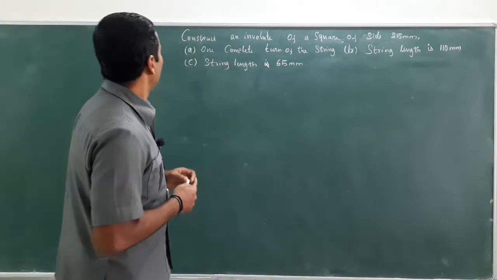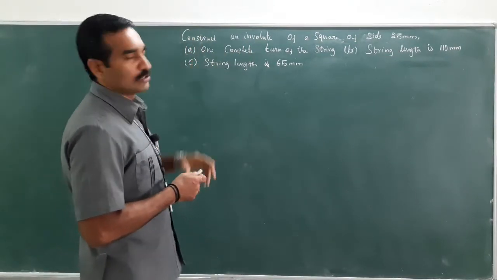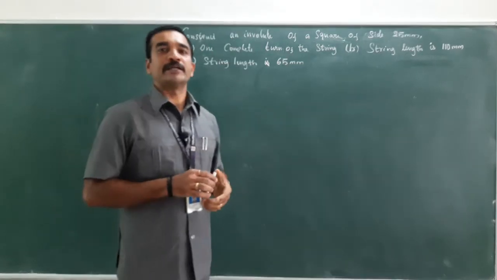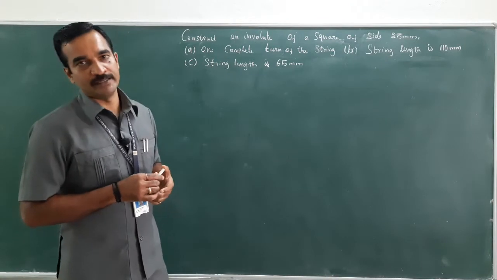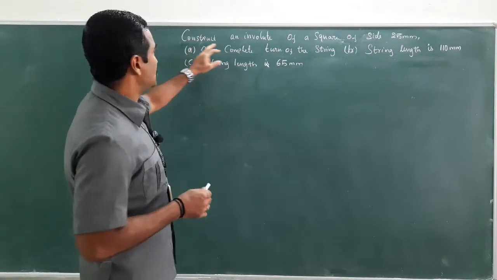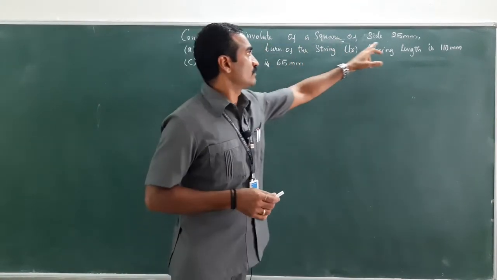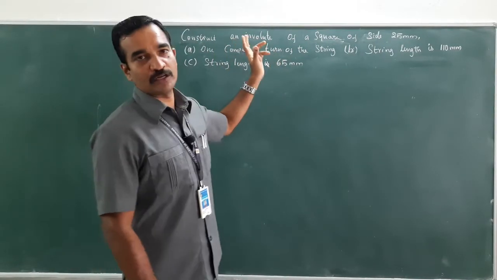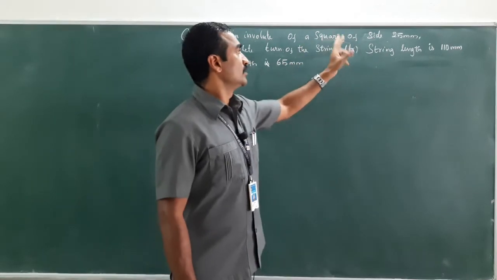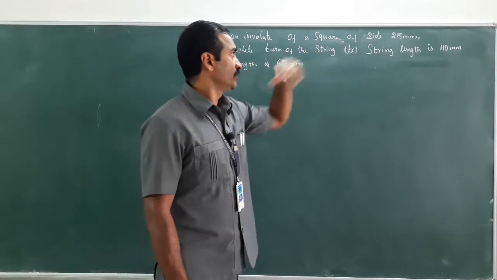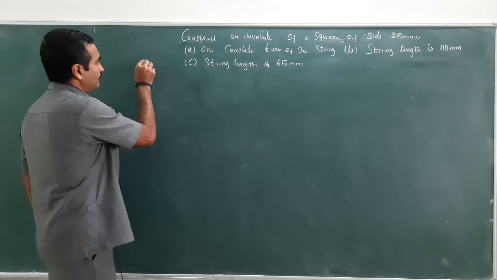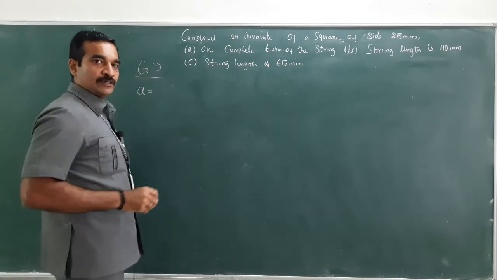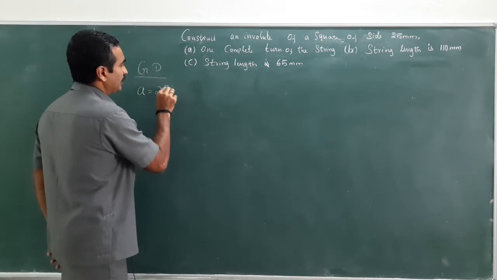Fine, thank you. Let me read out the question to understand whether it pertains to the square involute or circle involute. Construct an involute of a square of side 25 mm. Therefore, it is certain that this question pertains to the square involute of side 25 mm. Given data: the side, denoted by A, is 25 mm.